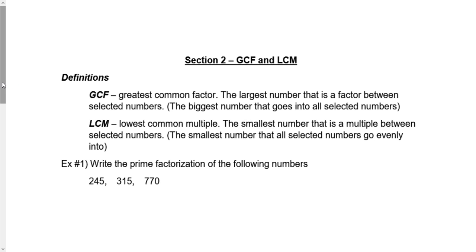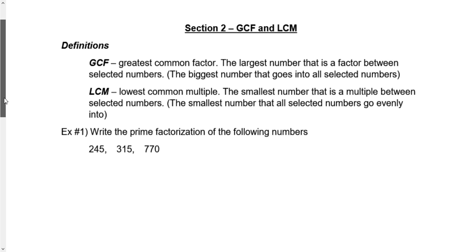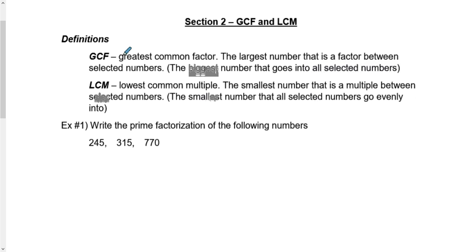We talk about two more things. We talk about the greatest common factor, which is the GCF. What it is, is the largest number that is a factor between selected numbers. In other words, it's the biggest number that goes into all selected numbers. Now, just so you know, this is actually a small number,